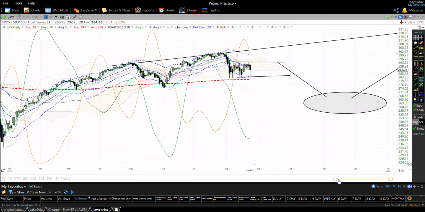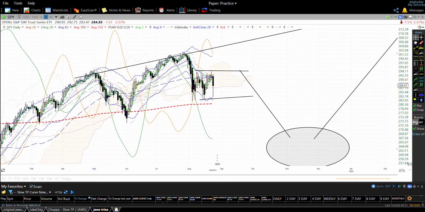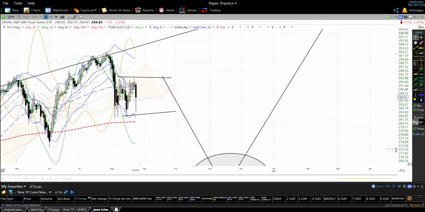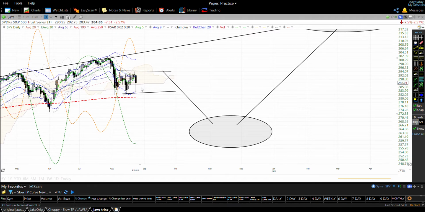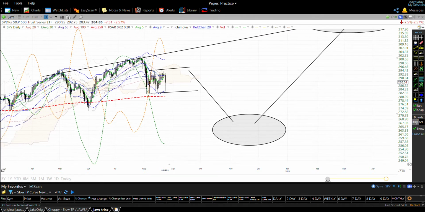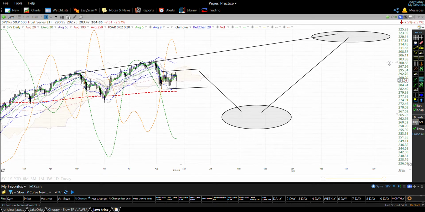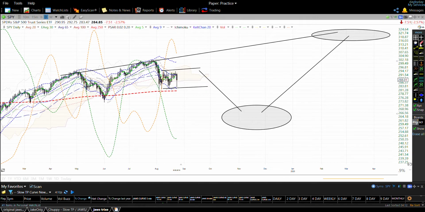So I have mentioned that on the daily we have a jaws, which is going to have a tendency to protect price from really plunging. And I mentioned that it could resolve sideways or in a more bullish manner. Now this looks to me like it's going to be more of a sideways manner because the bigger times, as I've mentioned, have inverse jaws weighing them down. And those bigger scales are pretty powerful, and therefore